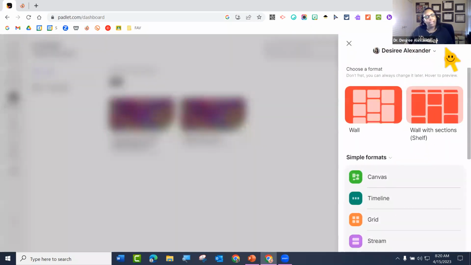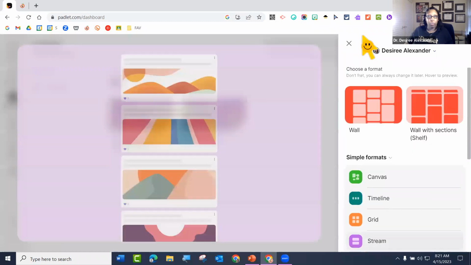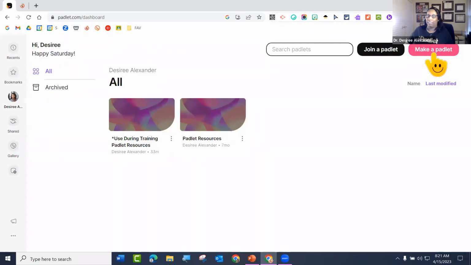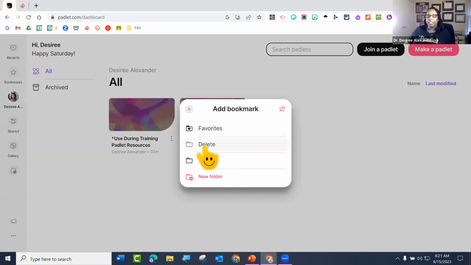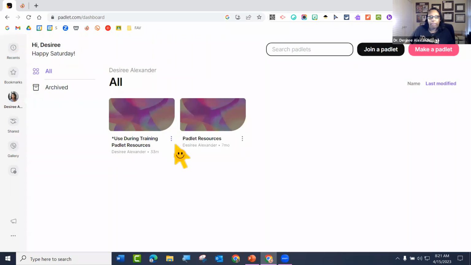And then make a Padlet, and then what kind do you want to make? So we're going to go through that in a second. This is when we're about to get started, deep diving into Padlet. But I just want to show you, when you're here, notice you have 3 little dots on each Padlet. So if you click on the 3 dots, this is where you can add the bookmark. Okay, so when you click add bookmark, notice I have my folders already here. It just makes it a little bit easier. You can add a new folder, but I like just having all my stuff already done. So you can come here and go ahead and add that to a folder.